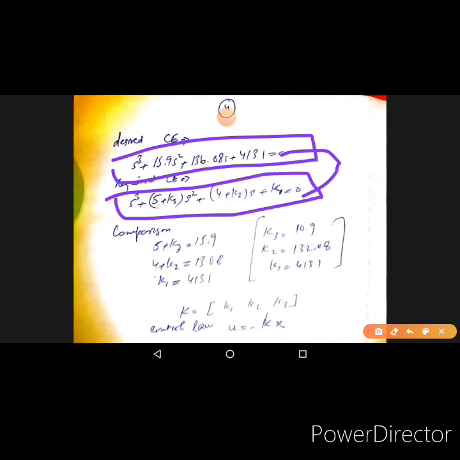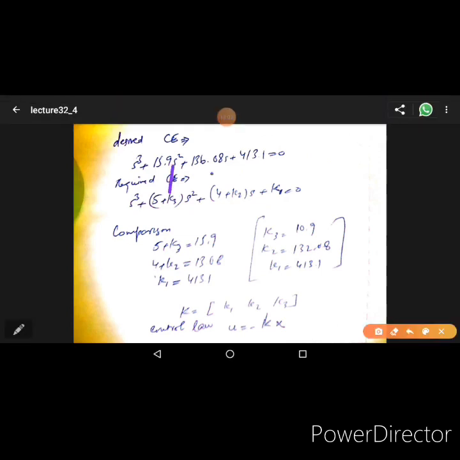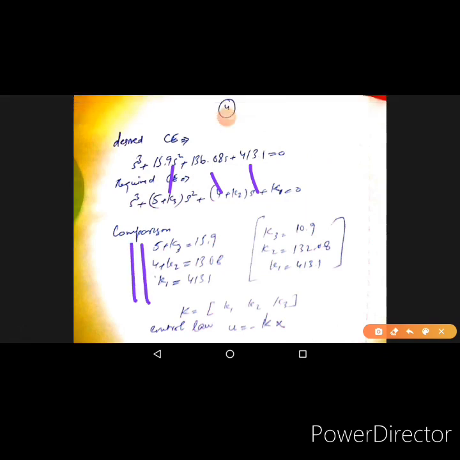सेकंड्स का सेटलिंग टाइम। तो ये दोनों इक्वेशंस को एक दूसरे के बराबर होना चाहिए, और हम जब बराबर रखेंगे तो हम इनकी कोफिशिएंट्स को आपस में कंपेयर कर सकते हैं। कंपैरिजन की बेसिस पे जो है हमने ये तीन इक्वेशंस बनाई हैं जो कि नजर आ रही हैं। इनको सॉल्व किया तो K3 निकल आता है 10.9, K2 आ जाता है 132.08, K1 आ जाता है 413.1। तो हमारा मकसद जो था डिजाइनिंग का वो बेसिकली हमें ये कॉन्स्टेंट्स